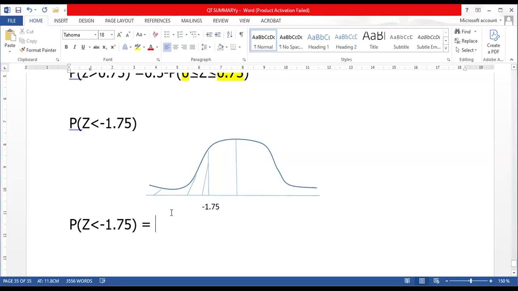I think you get 0.5 minus the probability of 1.75. Yes, because always know that from this line to infinity is 0.5. But you don't want the whole of this line. You just need this shaded region. So I get the 0.5, I remove the unwanted region, which is from here to here, which is the same as probability, like